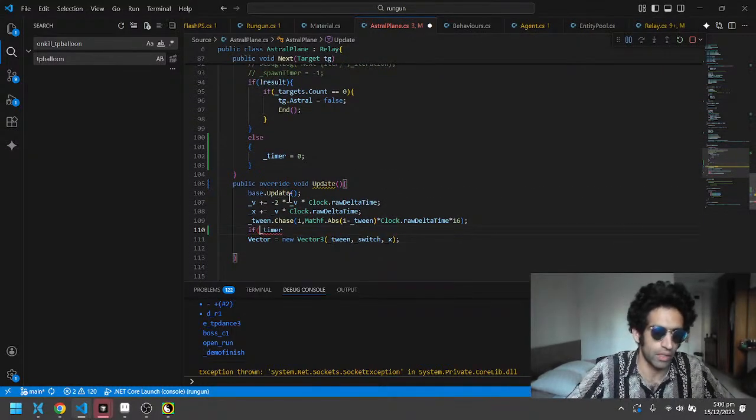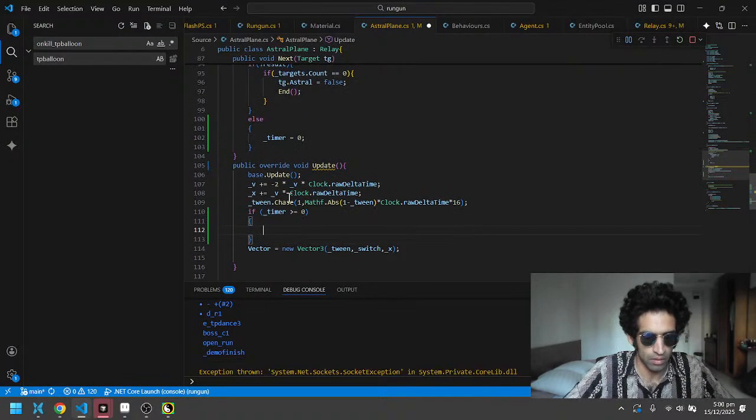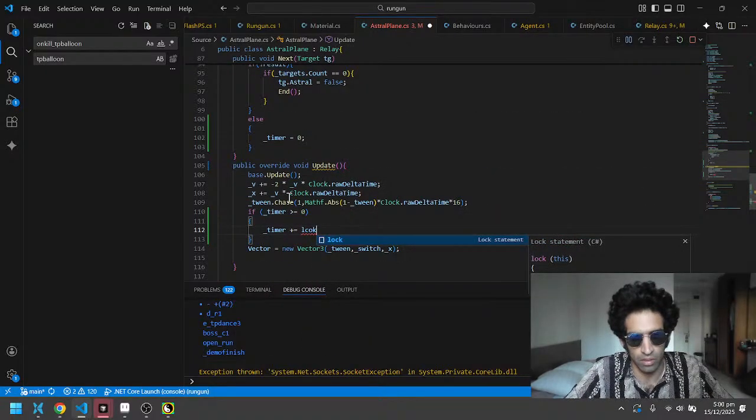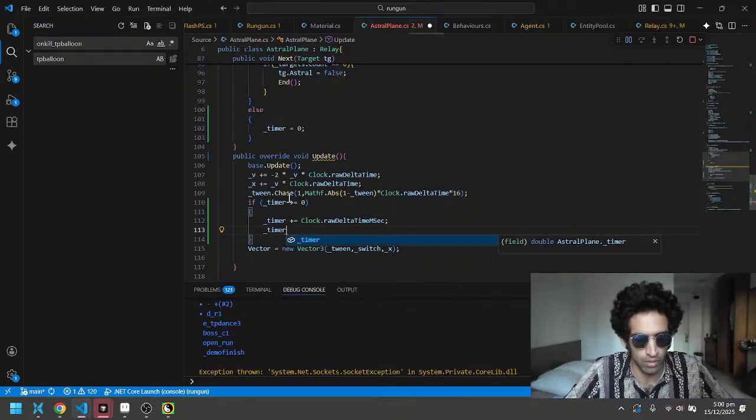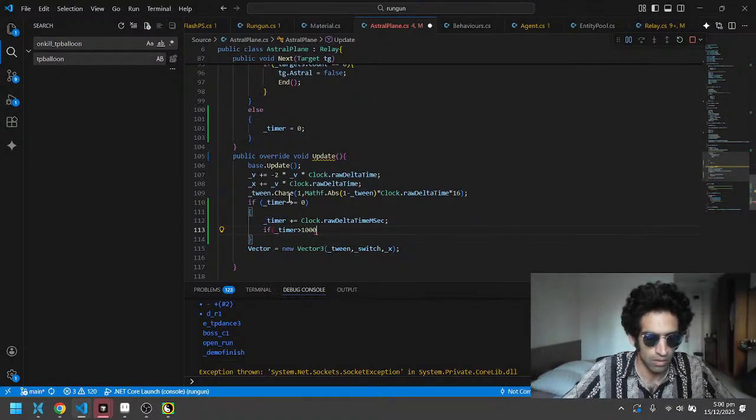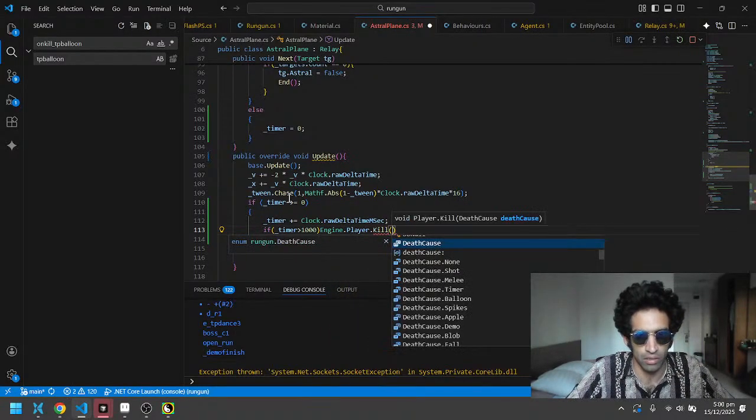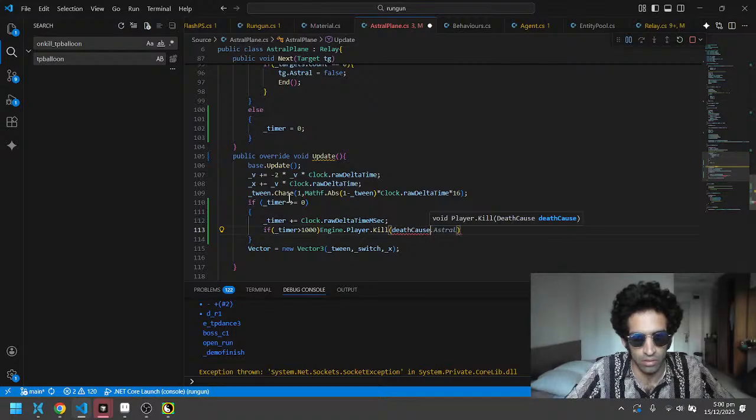Timer, if timer is greater than 0, timer plus equal to clock raw delta time msec. If timer is greater than 1000, engine dot player dot kill death cause